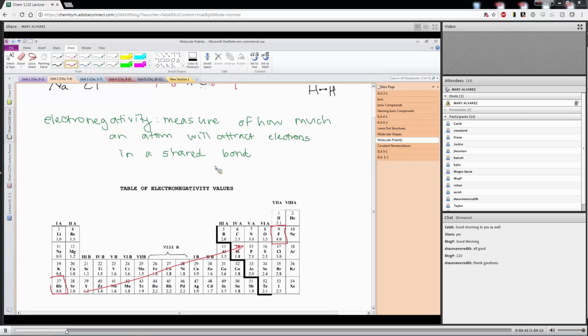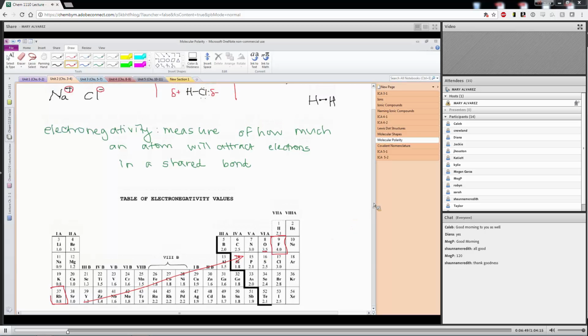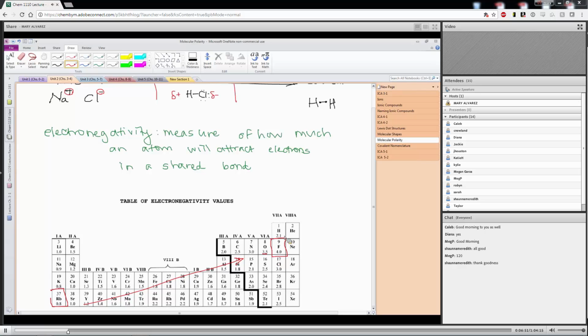And what we're going to do to determine if a bond is polar is just compare the two numbers. In the example that I gave you previously, we looked at hydrogen bonded with chlorine. Hydrogen has a value of 2.1, chlorine has a value of 3.0. That's a difference big enough that we can say that's a polar bond. We'll show you what those differences are in a minute, but first I want to direct you over to